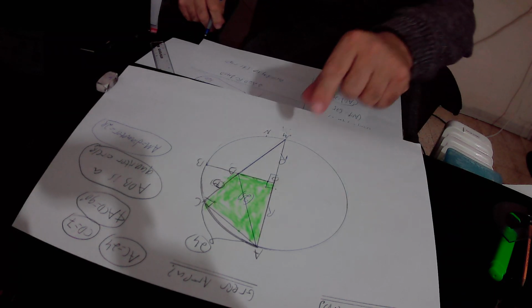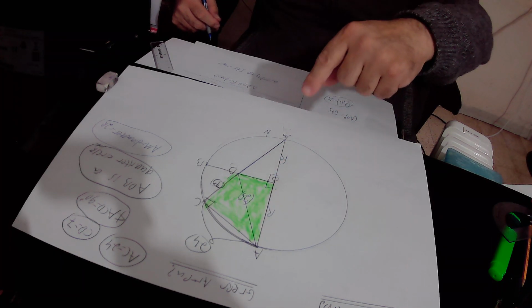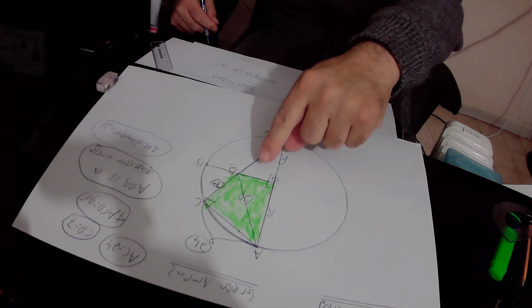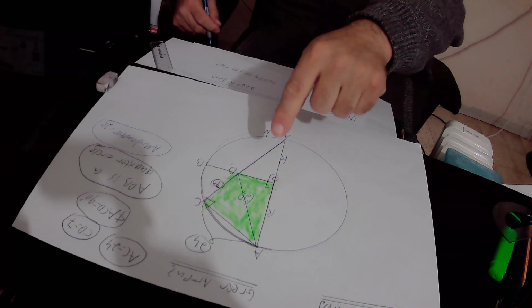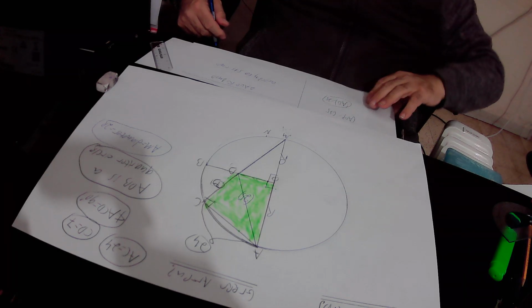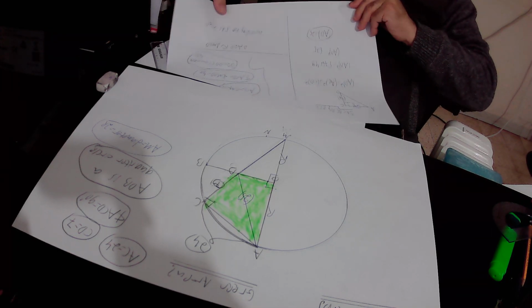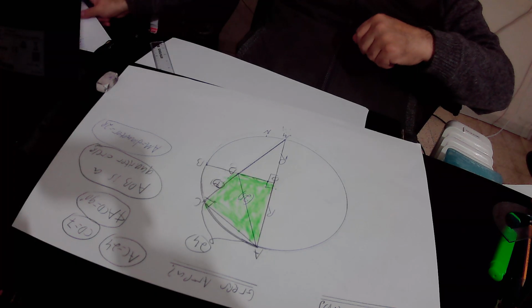That is to say, those two sides and the angle between them in the green triangle are correspondingly congruent to those two sides and the angle between them in the white triangle. Therefore, we actually prove that those two right triangles are congruent to each other according to the side-angle-side rule. And from the fact that those two right triangles are congruent, we conclude